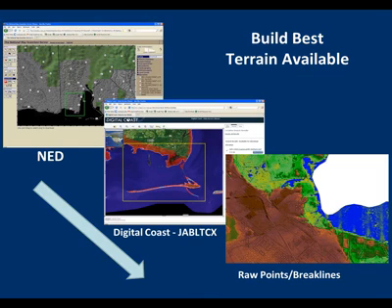So the first step in doing the mapping, any kind of flood mapping, is to build your terrain. And we go to national sources like the National Elevation Data Set. We go to something called Digital Coast, which I'll show